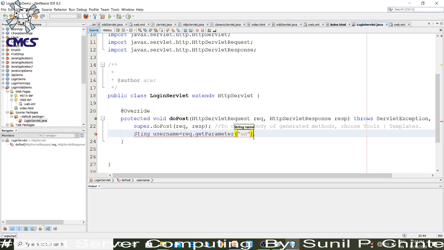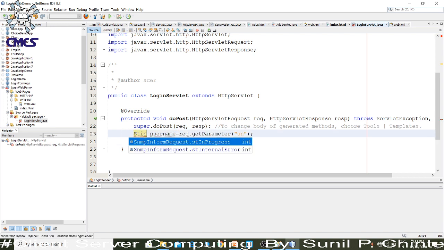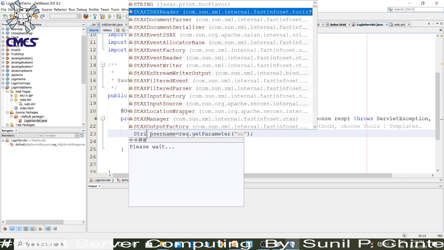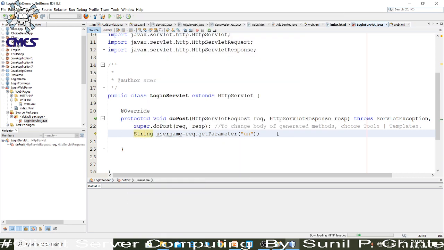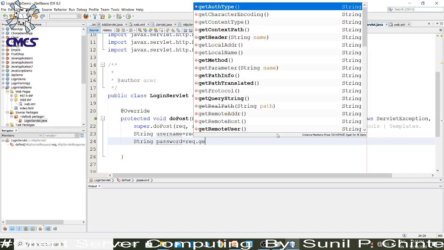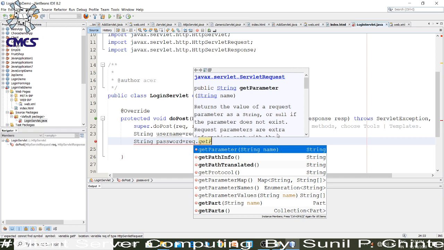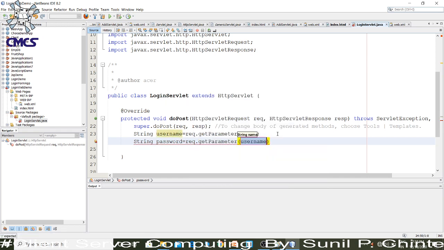Similarly we will get another parameter, of string type, password equals request.getParameter password.